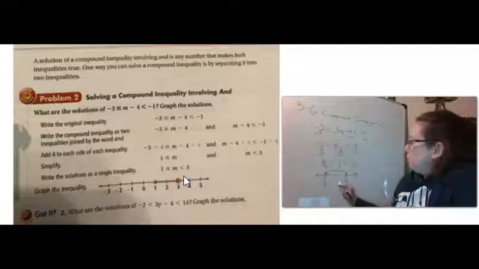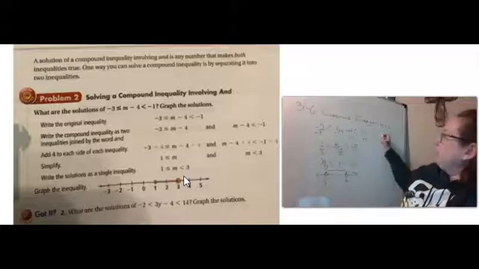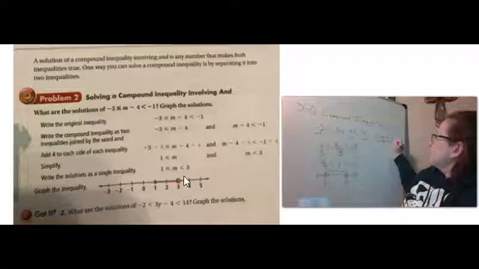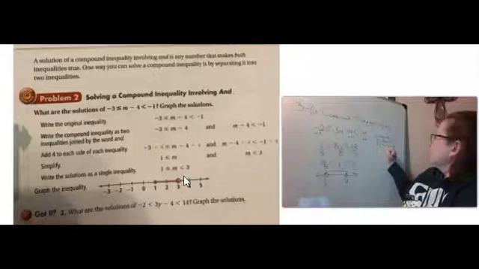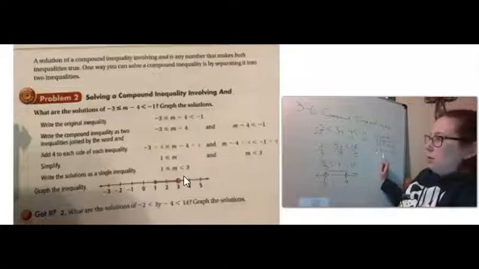To check this, we could pick something in here. So I'm going to pick 0 because why not? When you can pick 0, pick it. So we would rewrite our original, plug in 0 everywhere there's a y, and check to see that this is true. So -2